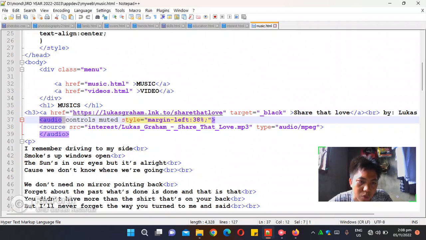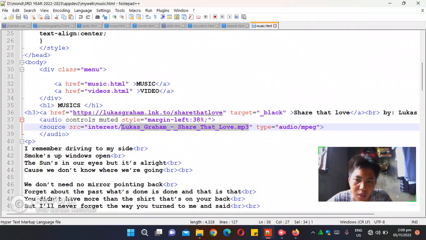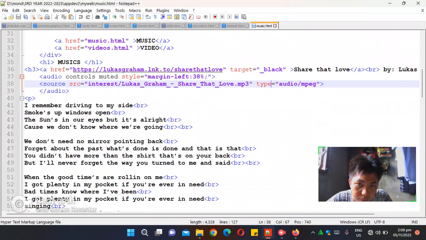In inserting the playback sound, I use the audio tag here, the audio track, and then the attribute controls muted, and change the style with the margin left to 38 px to align it on the center area, and then the source, src interest Lucas Graham, the title of the music, and the type of the music is audio/mpeg,